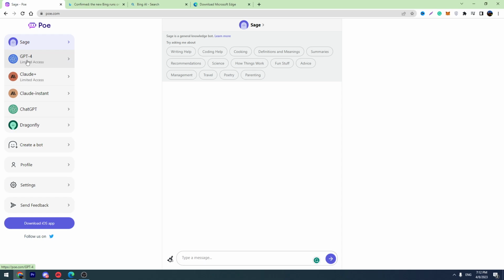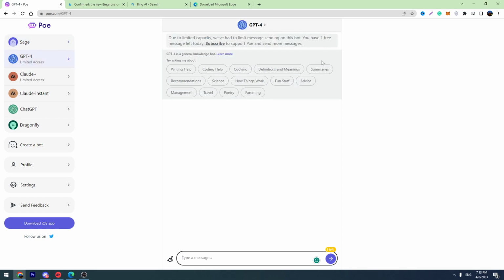So let's click GPT-4, and here is an AI bot which uses the GPT-4 language model. But the bad news is that it's limited and we have only one free message per day. You can see the message here, you have one free message left today. After you create an account, we will have only one free prompt per day. But if you have another Gmail, you can create another account and you will have two free prompts per day,